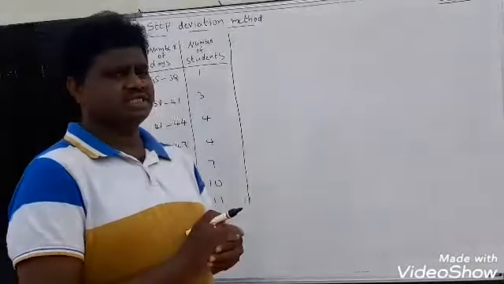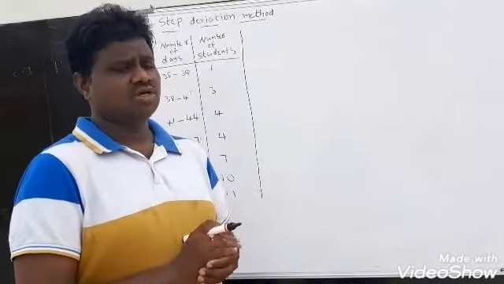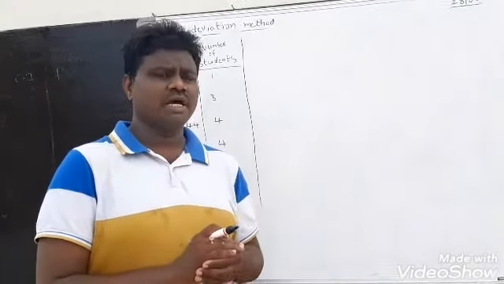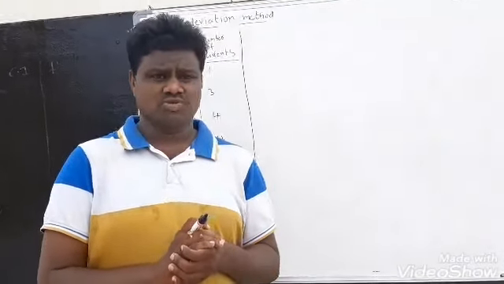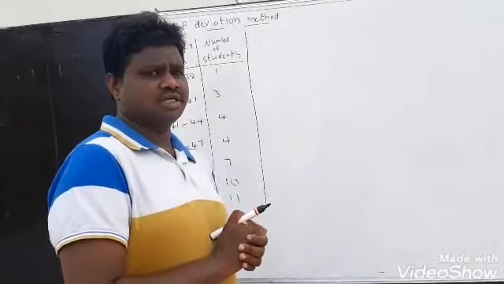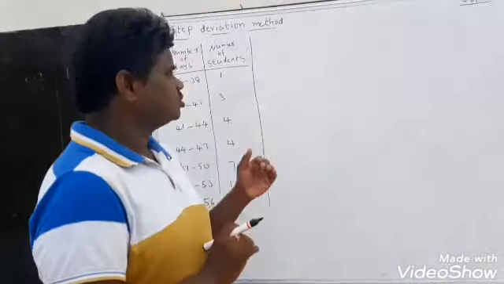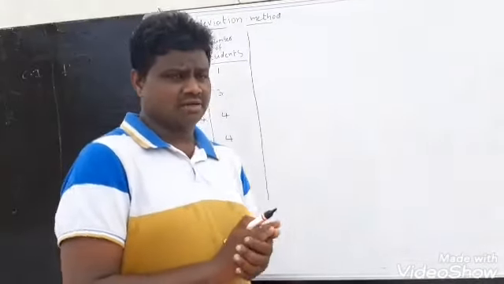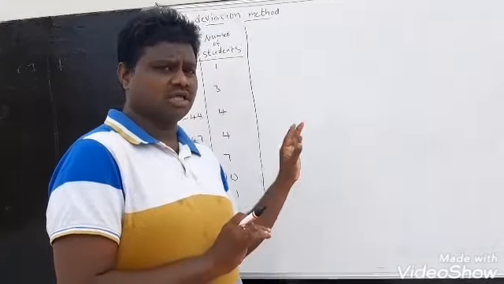Some students sent their homework through WhatsApp, and some made mistakes. Also, yesterday in one problem I made a calculation mistake. That is, 7 into minus 1, I wrote as minus 1. One student asked me, so that's why I want to re-explain this problem again. Everybody must do the homework and send it to me on WhatsApp.